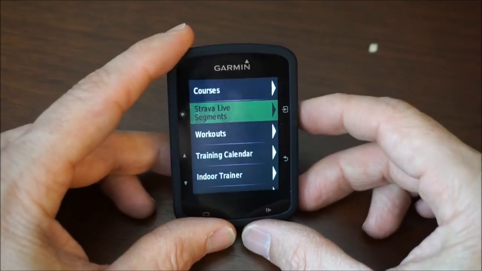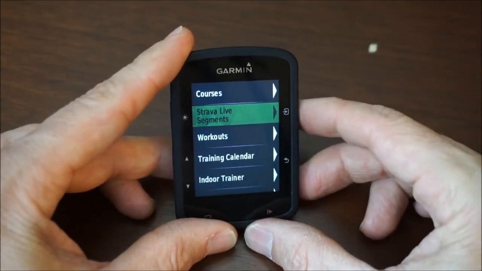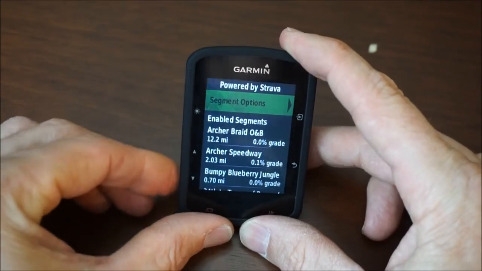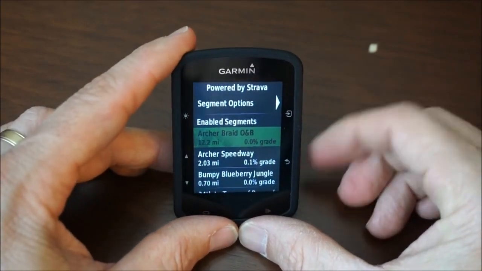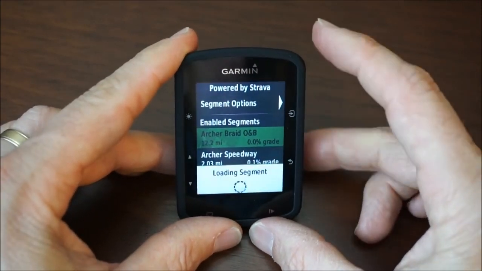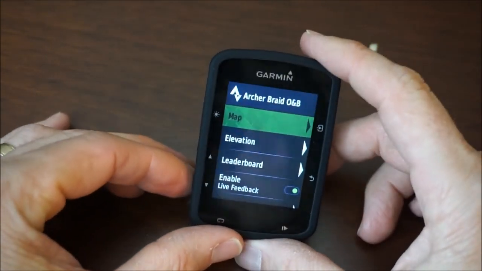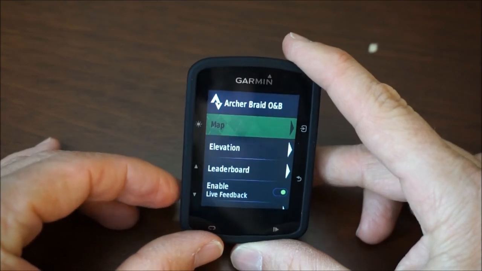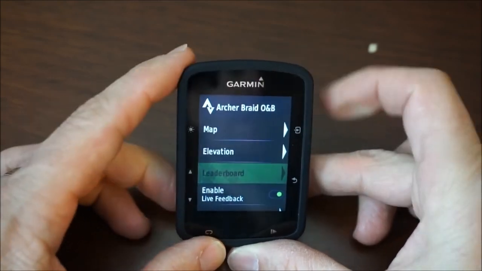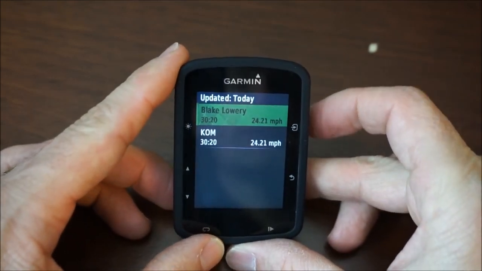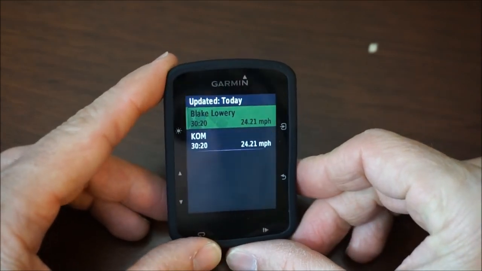Now you can enable and disable segments individually. So I'd come back in here to Strava Live segments. I'll just go to the very top one here. So I'll select it, and it's going to give you some information on the segment, which is really neat. You can go to the map, and you can go to elevation. You can even look at the leaderboard. So you can see the leader here, and